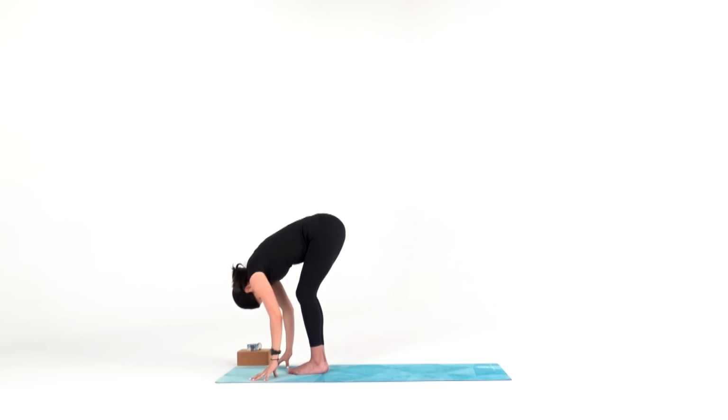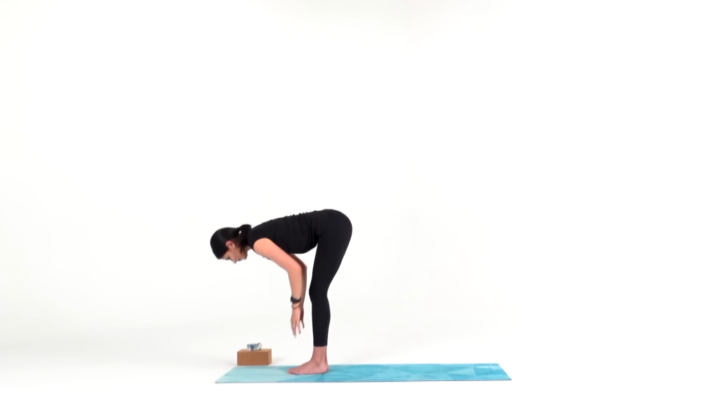That must feel pretty good. These are foundational yoga poses. It's through the challenge that you'll get stronger. It's in the discomfort that you evolve. So from here, find a halfway lift, slide your hands up your shins, maybe even up to your thighs,